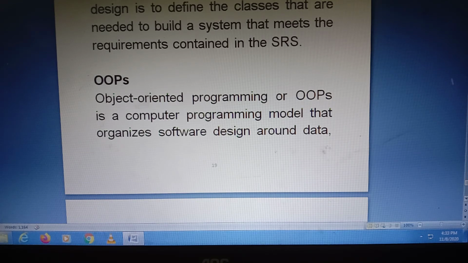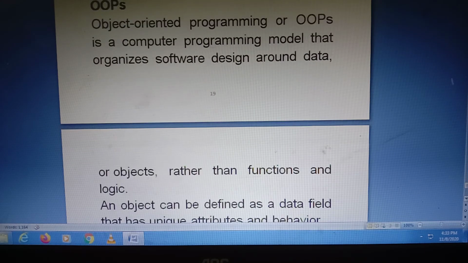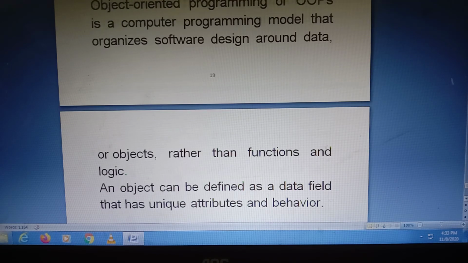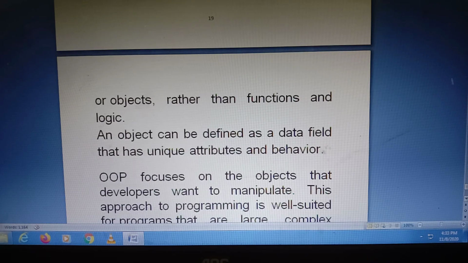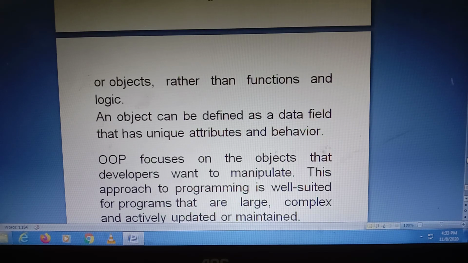It is a computer programming model that organizes software design around data or objects rather than functions and logic. What is an object here? An object can be defined as a data field that has unique attributes and behavior.